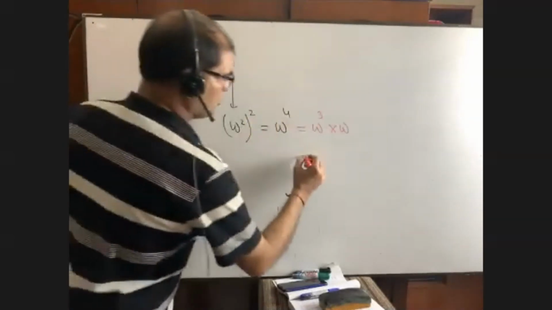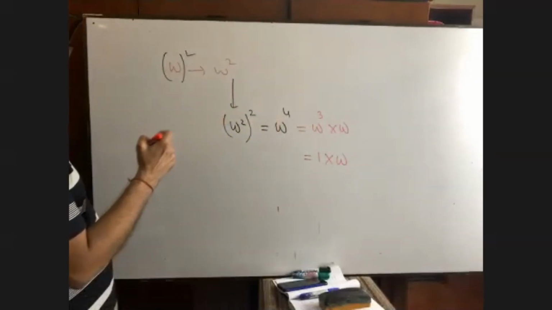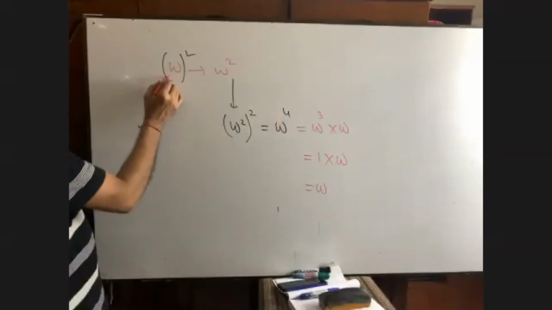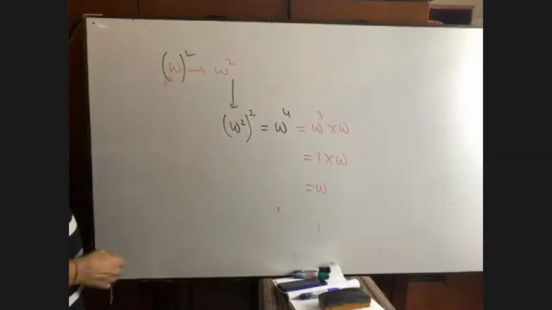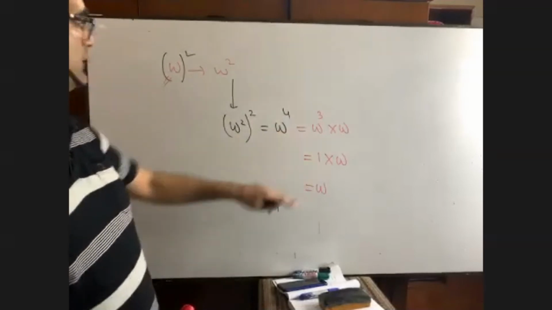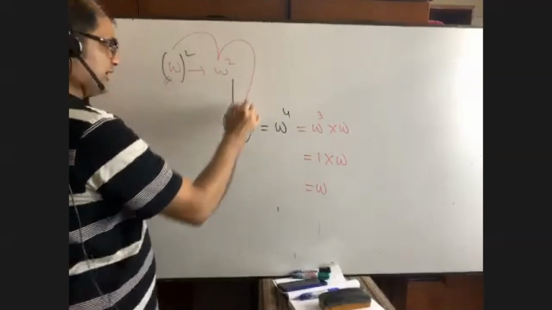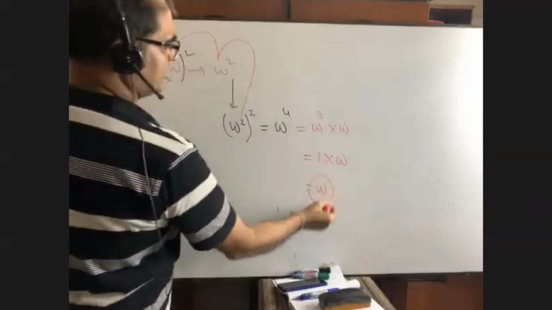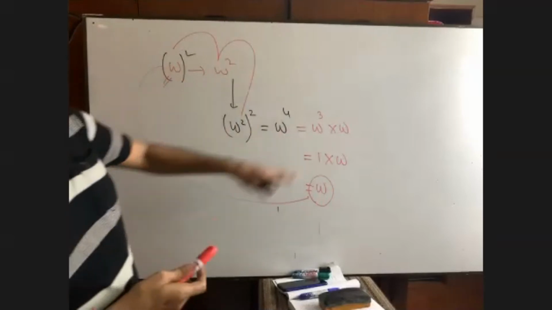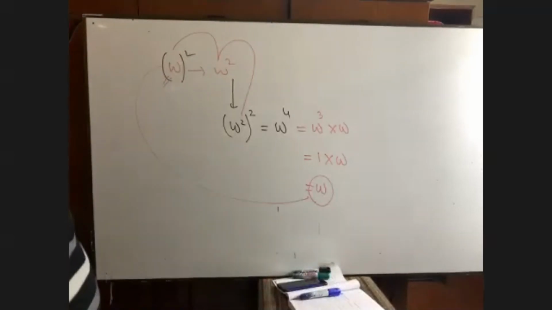What is the value of omega cube? I proved that omega cube equals 1. We are getting the previous one. For this, it is possible. Please try to understand. As omega cube equals 1, its square is this and its square is this. So we are getting the same that we took, because omega cube equals 1. I think you have got it.